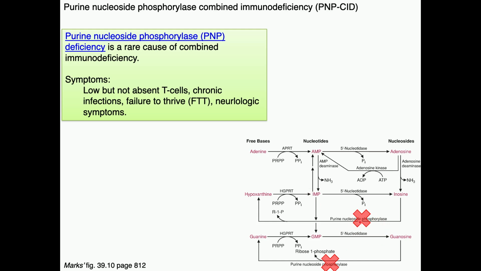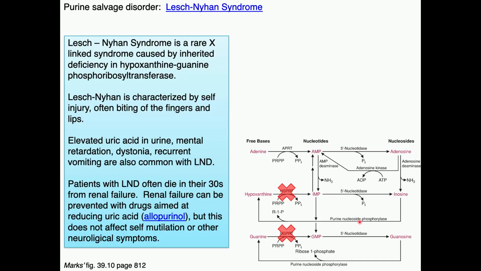Okay, so PNP deficiency is considered to be a less severe combined immunodeficiency. However, as we see in this case, it can still have fatal consequences to the people who have it. Okay, are there questions about these two forms of immunodeficiency? Okay, let's move on and talk about,